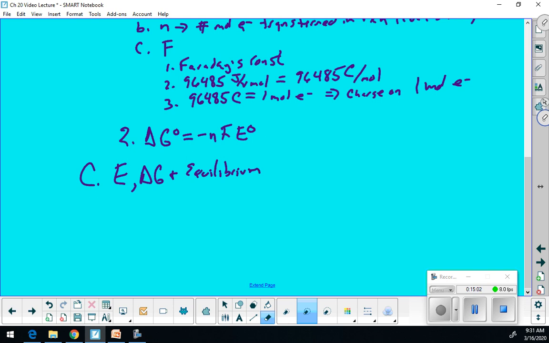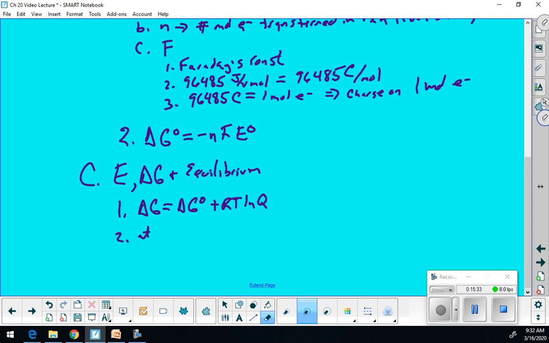You guys remember from last chapter in thermodynamics, at equilibrium, remember we said what? ΔG is equal to ΔG° plus RT natural log of Q. You remember that? This was our adjustment for non-standard pressures. And then we said at equilibrium, though,